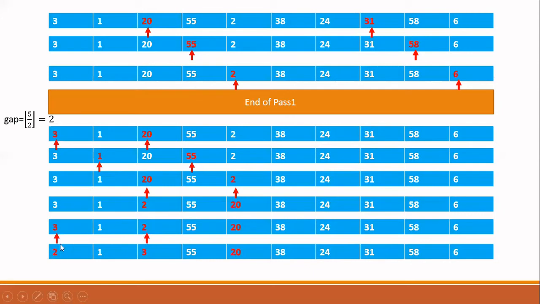Now you have moved to here. Next, you have to check whether any other element is at a gap of 2 from this particular position in the left direction. There is no element. So you stop here. Are you able to understand this? If not, when we see the next example, you will be able to understand.